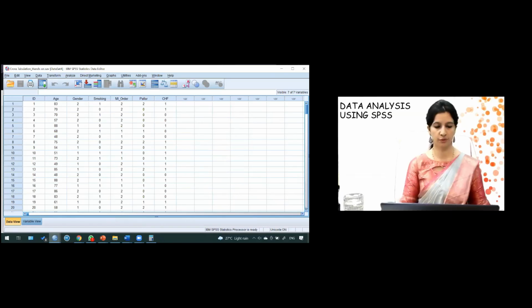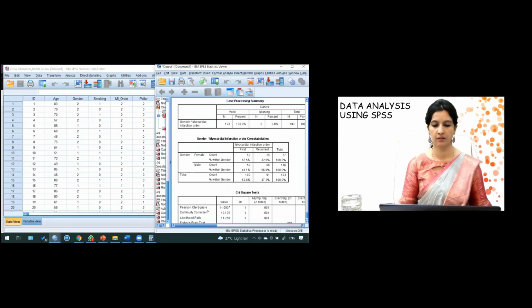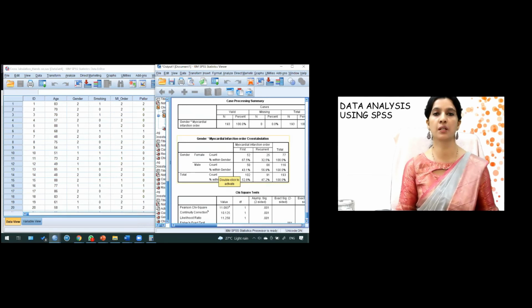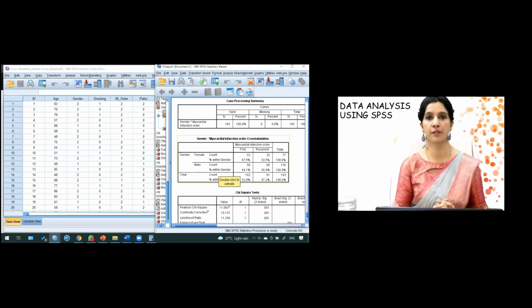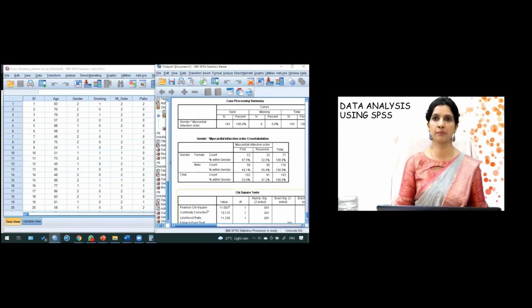Just to show you one thing which one of the participants was asking about, regarding the confusion in the chi-square test of homogeneity, difference in proportion. Generally it should have the same number of study subjects. Here you can see in the 2x2 table that the female total is 77, whereas male is 116. But still, if you put that as a command, we can say that 32.5% of the females had a recurrent history of MI. If my research question is whether the history of recurrent MI is the same in both male and female, then I can say that there is a difference in the proportion which was statistically significant.